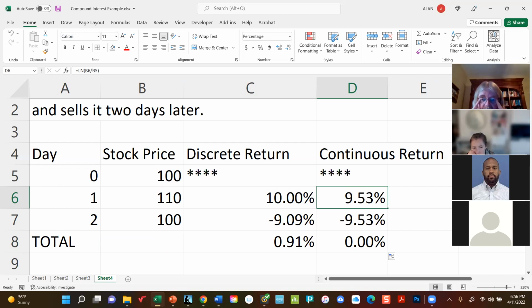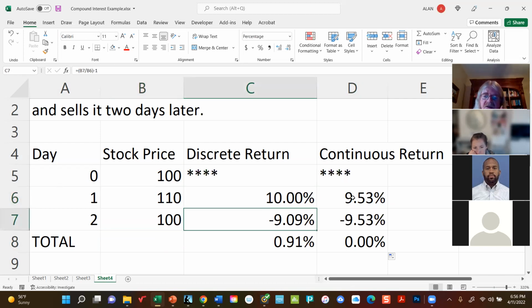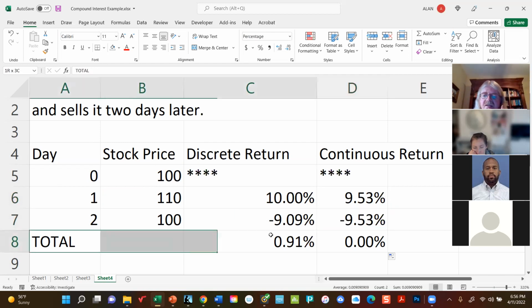But with the discrete compounding, the reason why this is happening is because each time I calculate the ratio, I'm starting from a different value of the stock. And that's going to affect the way these results are calculated. Whereas here, I don't have that issue. So this is meant to be a quick demonstration about why